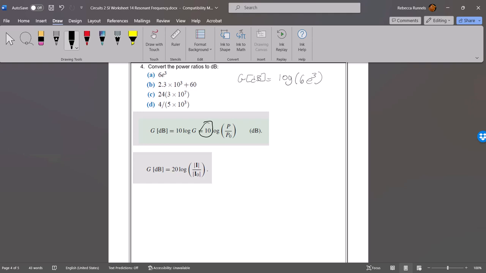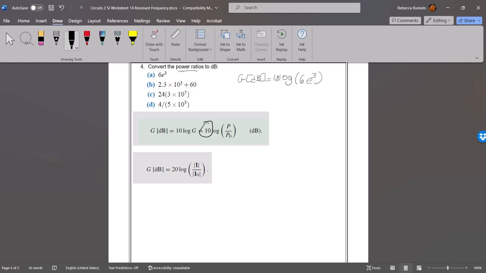Now, I'm going to show you some things to remind you about the properties of logarithms that you probably have forgotten since high school, but they are important to know, because this is how gains combine with each other. Well, I forgot my 10. So first of all, 10 is a power ratio. It tells us it's a power ratio, so I have a 10. But